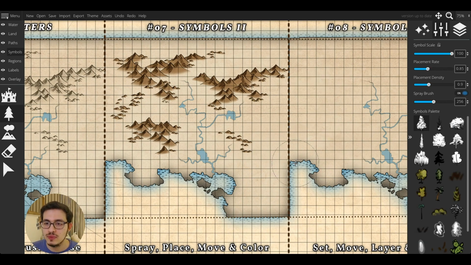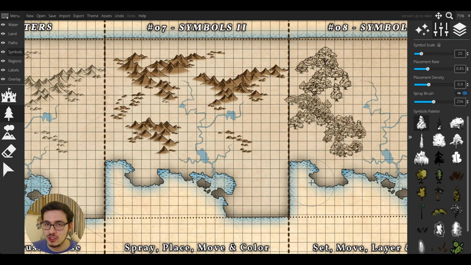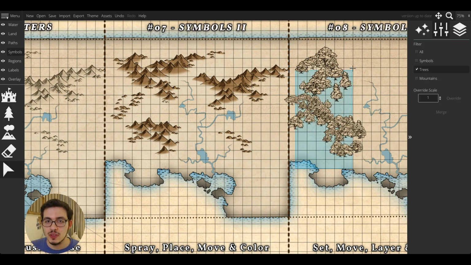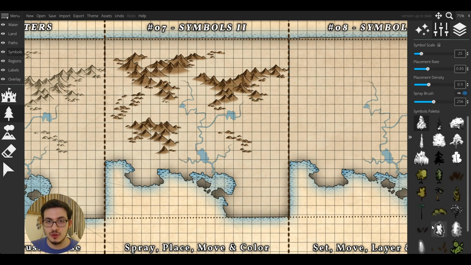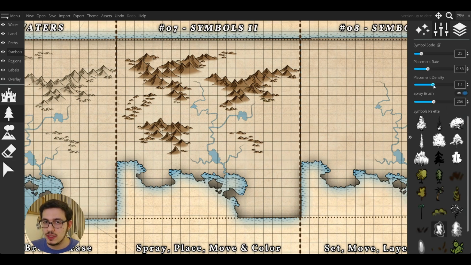And the same thing goes with trees. We just choose any trees and we can just spray brush them. And as you already saw with the crazy size of the mountains and trees, these adjustments may not work on all the assets. So you will need to change the settings here depending on which assets you choose. So let's delete these also and start adding trees to our maps. For this video, I will change this like that and maybe increase this a little bit and full size.